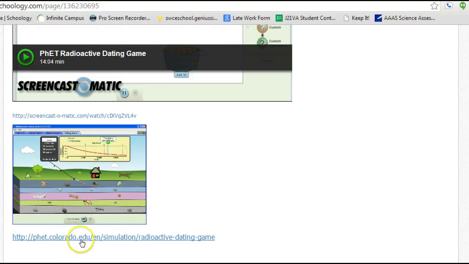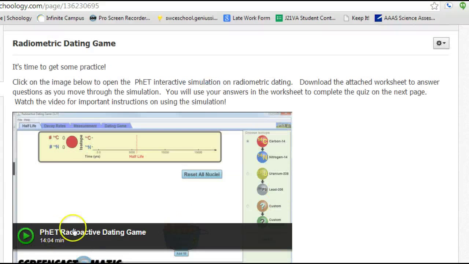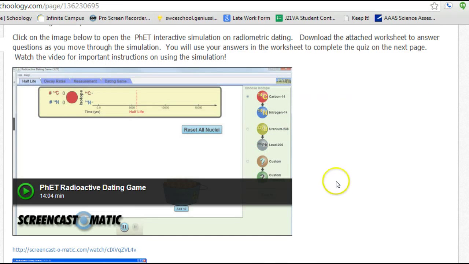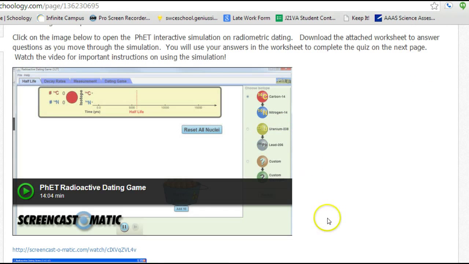And here's the link: this radioactive dating game. These PhET simulations are really cool. They are developed right here in Colorado, at the University of Colorado Boulder, and they're made by Colorado teachers, and they're really